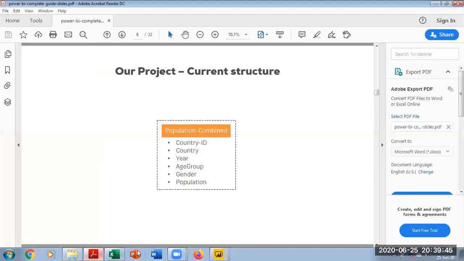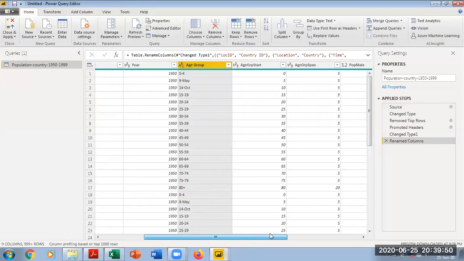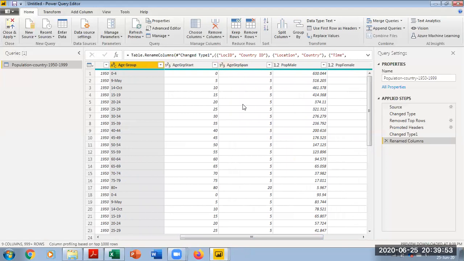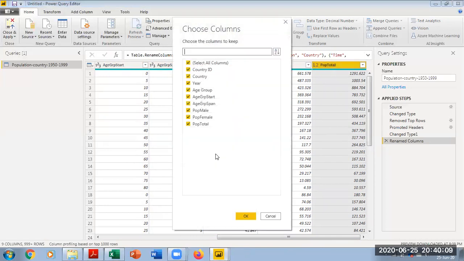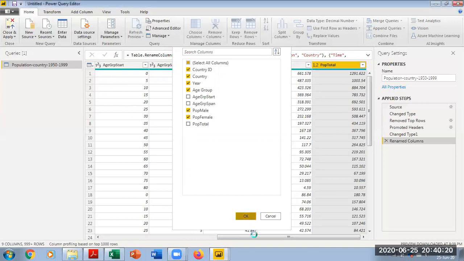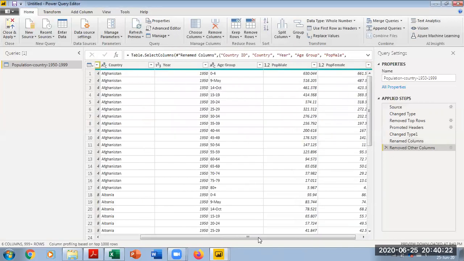These are the 4 columns that I have here, and it says gender and population, but unfortunately I have something else in here. I have age group start, age group span, and I have population male, female, and total population. So I think that I have some unwanted fields here. So let me remove this. I can manually select one by one and remove whatever field I don't want, or I can use the choose option in my Power Query editor, which says whatever you want to keep, give the tick mark. Whatever you don't want, uncheck the tick mark there. So I don't want this, this, and this, and I give okay. Now you can see that all my unwanted data are removed.